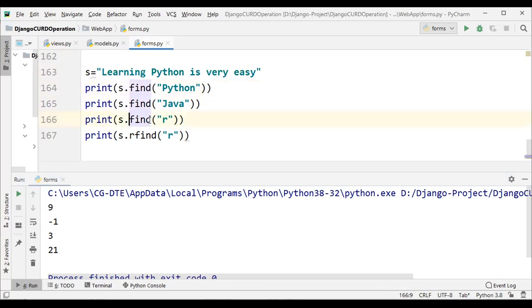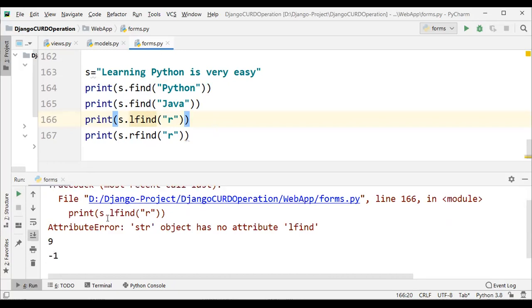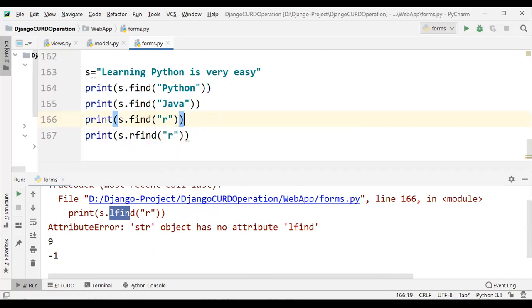If I say L, what is the result? Okay, the L find, R find. So why did it get an error? Because of the backward direction.